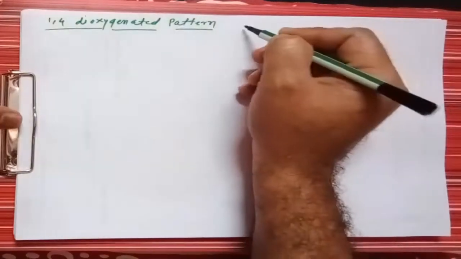And from the last few lectures we are talking about retrosynthetic disconnection. In the disconnection we have already seen the 1,2 dioxygenated pattern. Here the alpha hydroxycarbonyl compound as well as the 1,3 dicarbonyl compound and also the alpha halocarbonyl compounds are seen. Now in this lecture we will be talking about a 1,4 dioxygenated pattern, or we can say a 1,4